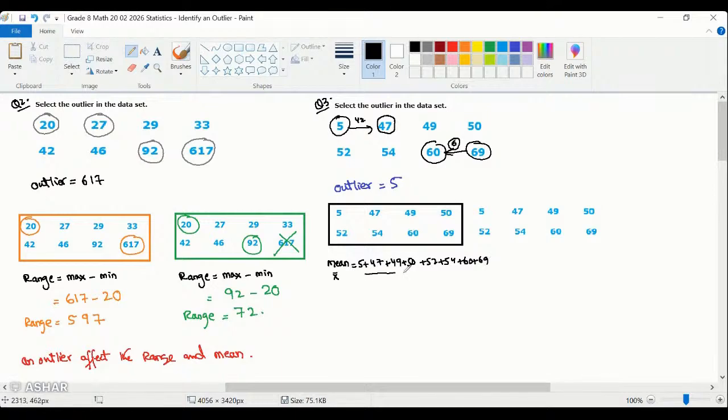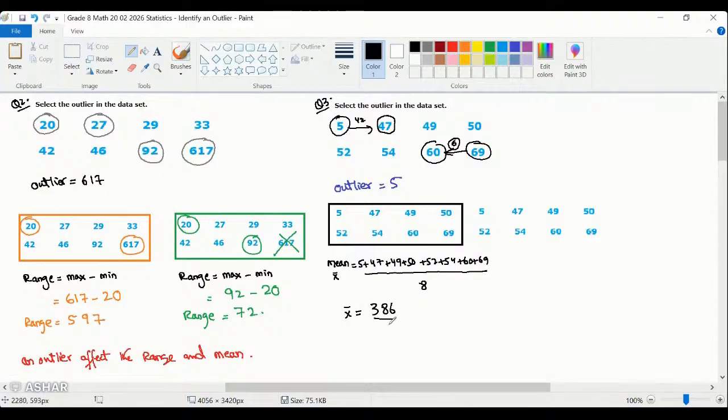And how many total numbers are there? There are 8 numbers. That means the mean should come out to be, let's add them together. 5 plus 47 plus 49 plus 50, 52, 54, 60, and 69, right? The total comes out to be